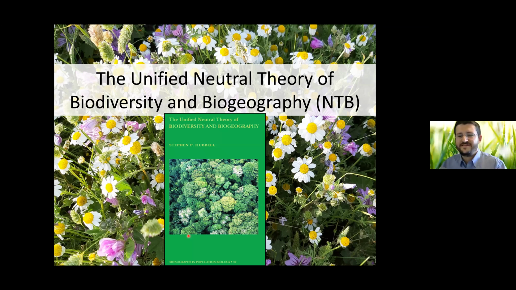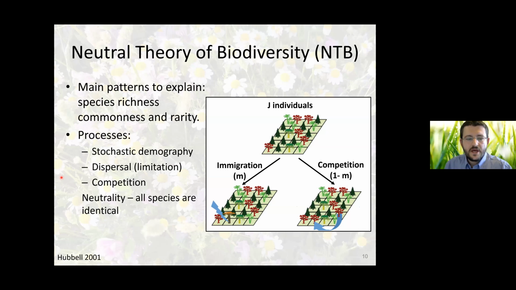The Unified Neutral Theory of Biodiversity and Biogeography, impressive name, pretty much originally was developed to explain patterns of species richness, commonness, and rarity. It works the following way. Suppose we have a local community of J individuals belonging to different species. Every time step, one individual dies and is immediately replaced by an offspring. The question is, who's the offspring? So with probability M, this offspring